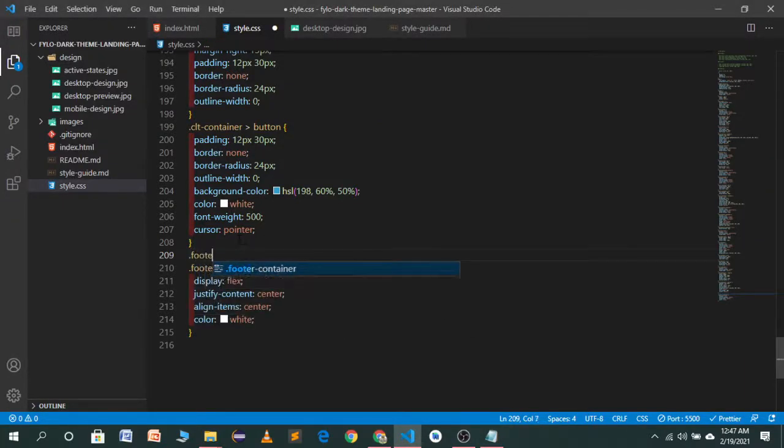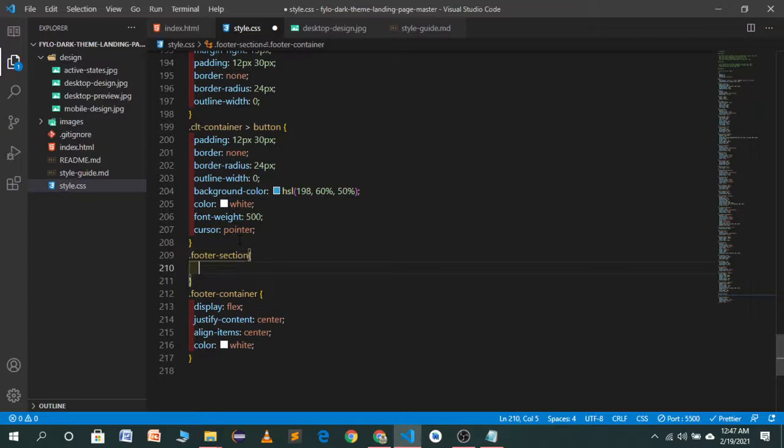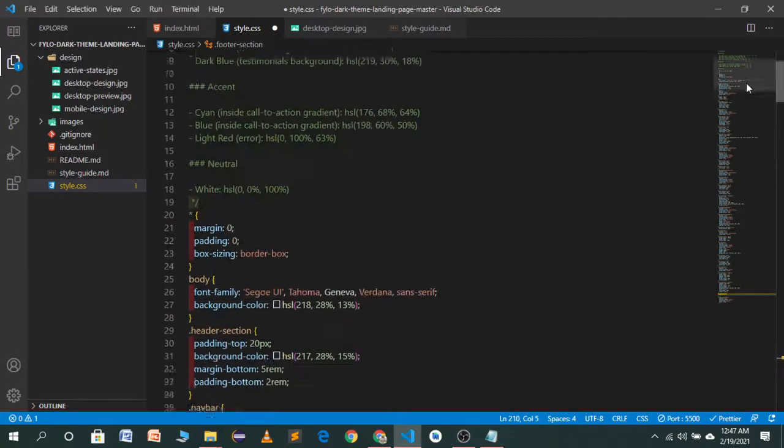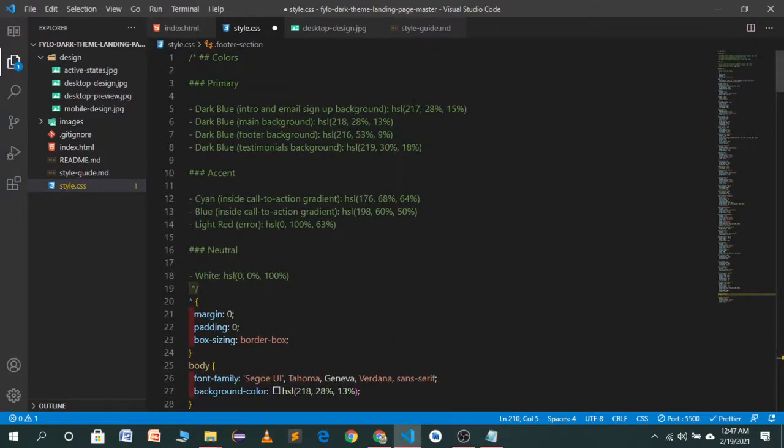Let's target footer section and give it a background color. Now I will go to the top of my file, and here I have a background color for footer.